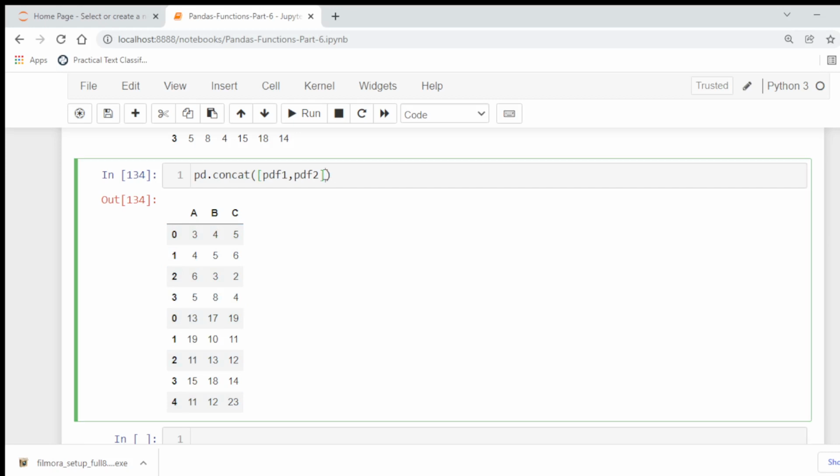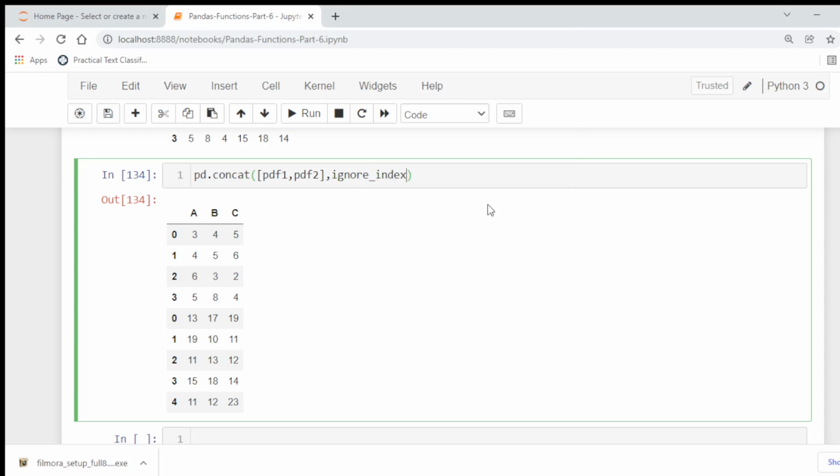If we want to generate a single combined index number for the entire concatenated data frame, we can specify ignore_index.